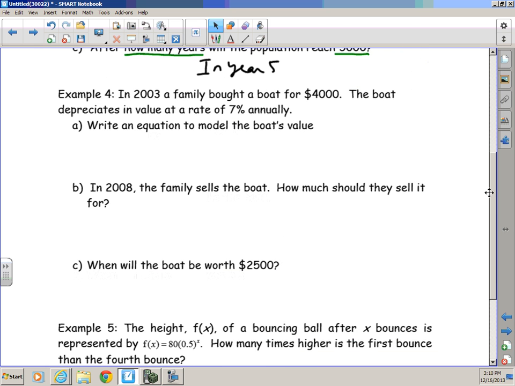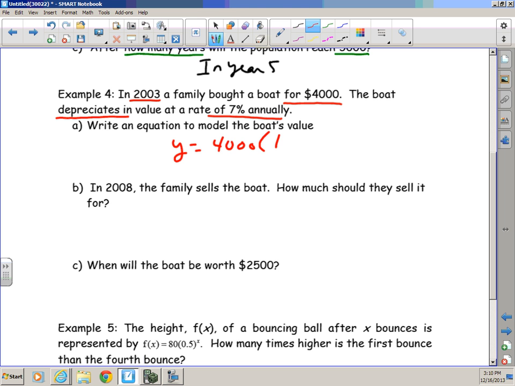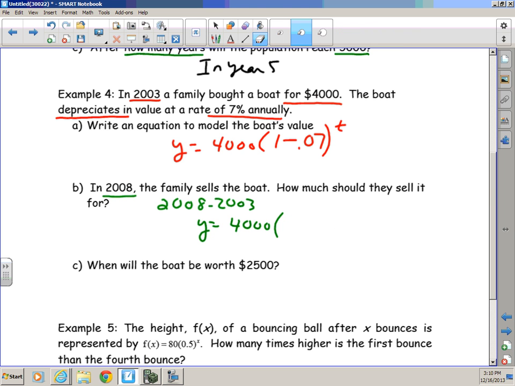A family bought a boat in 2003, 4,000 bucks. It depreciates 7% annually. What does the word depreciate mean to the value? Hopefully you're saying it's going down. So there's my general equation. In 2008, so that's 5 years, I put in my, actually I'll convert this. So this is now 0.93, and it's 5 years,